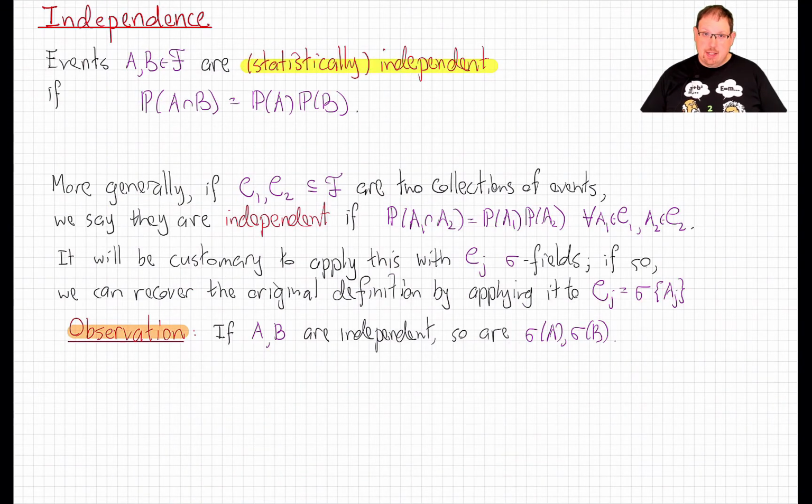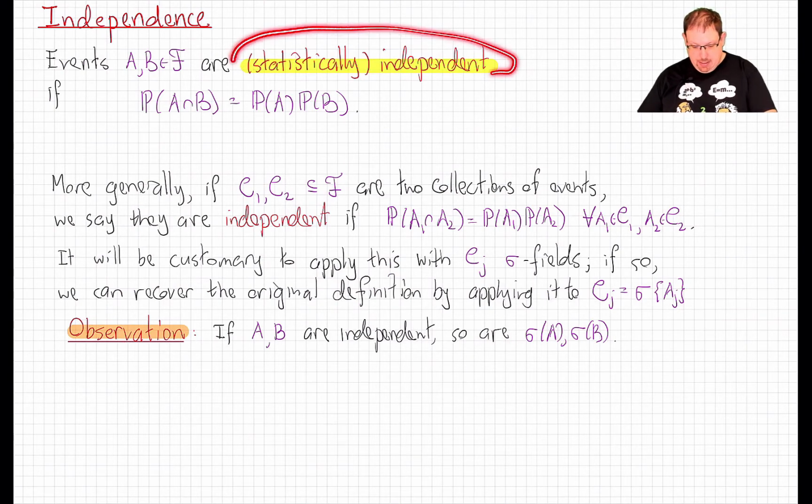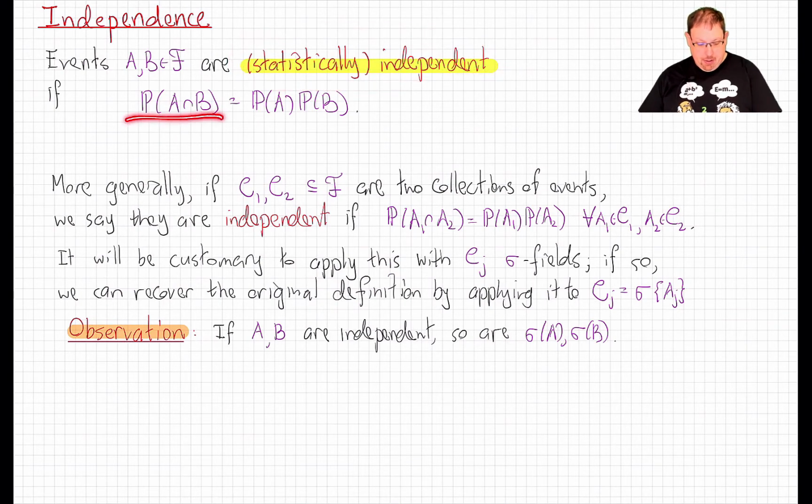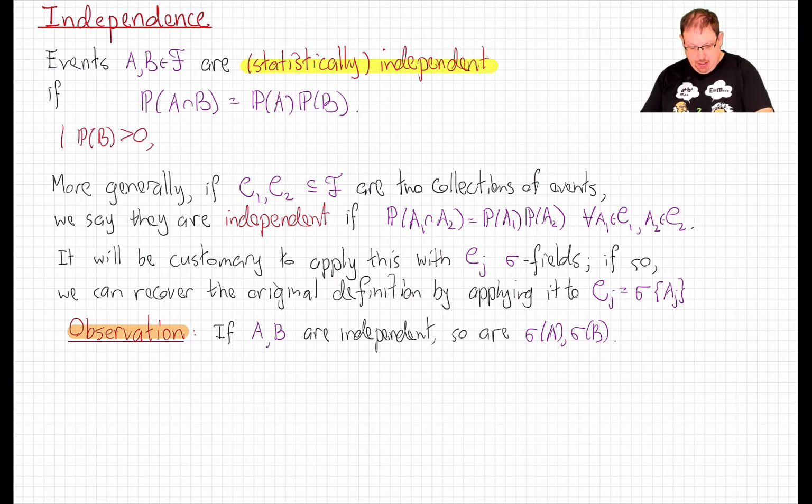Two events in a probability space are called statistically independent if the probability of their intersection is the product of their probabilities. This makes sense even if one or both of them have probability 0. But notice that in the case where the probability of B is positive, we can then divide by the probability of B and see that this is equivalent to the conditional probability of A given B